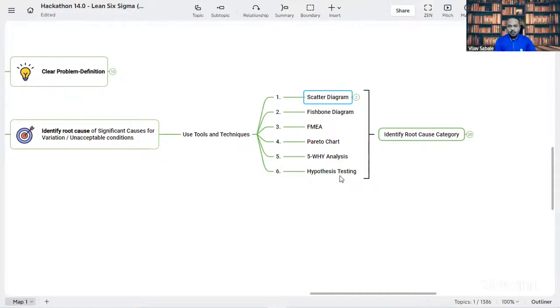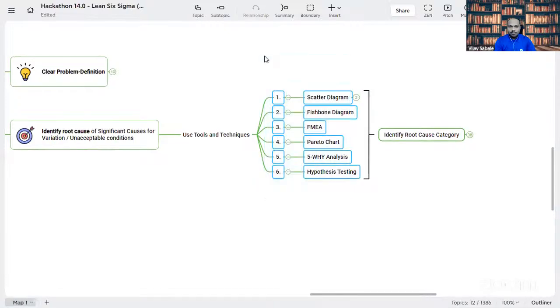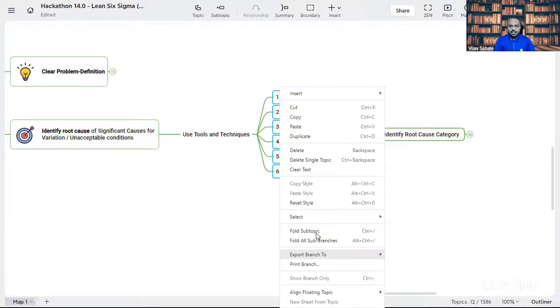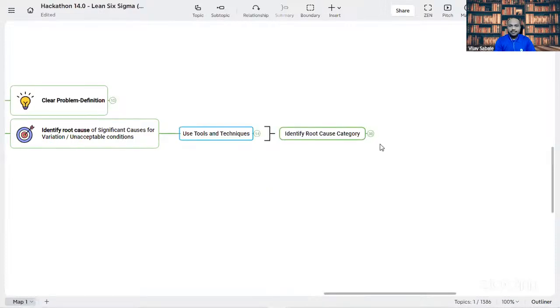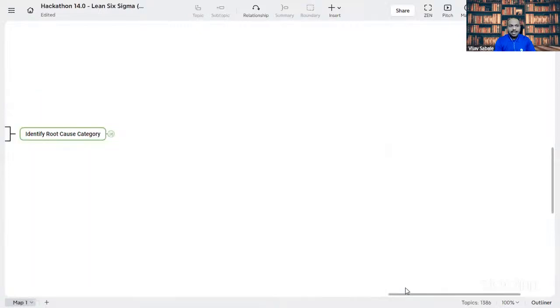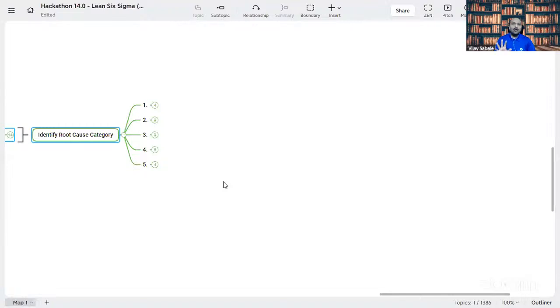Great. Now let's understand one of the most critical topics from the root cause analysis, which is: what are the root causes? In any situation or any problem, there are only five root causes. Let me repeat. Irrespective of your problem, whether it's related to your product, your service, or information that you provide to your customers or suppliers, any problem falls into one of these five categories, right?